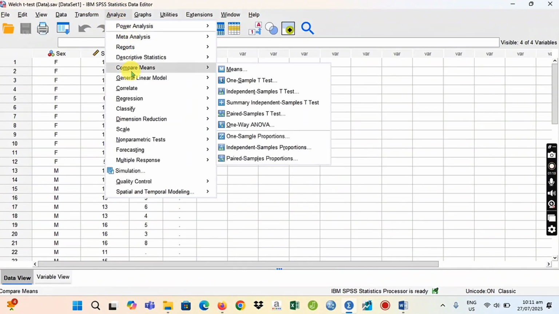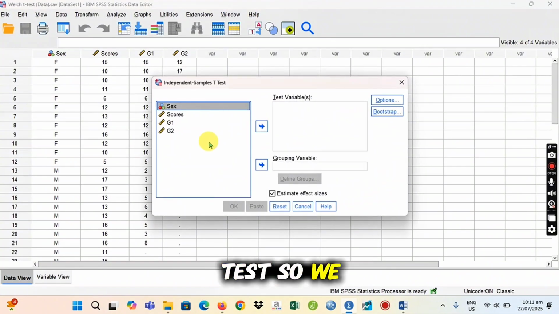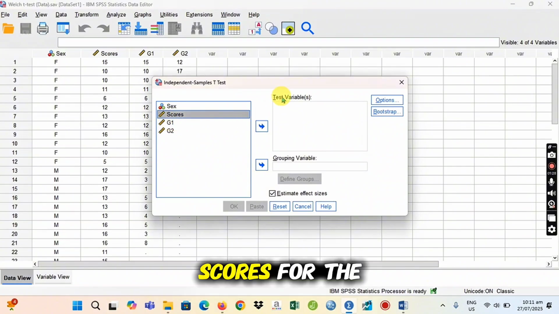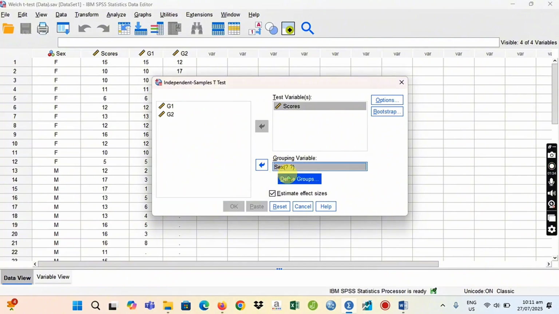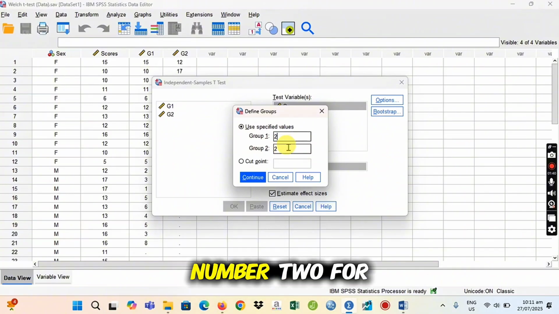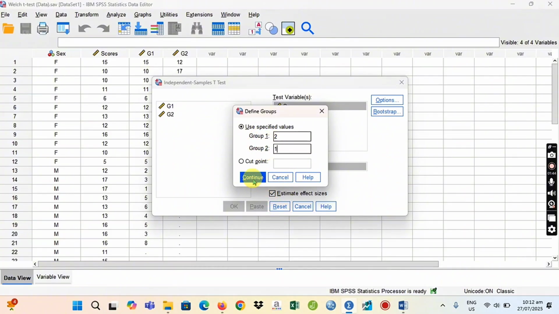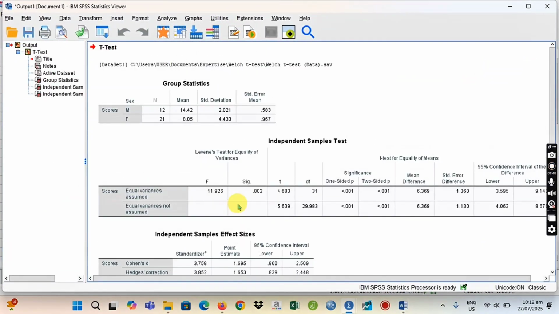Analyze, compare means, and independent samples t-test. So we will select scores for the test variable and sex for the grouping variable. Let's switch: let's have number 2 for group 1 and number 1 for group 2. Continue and then okay.